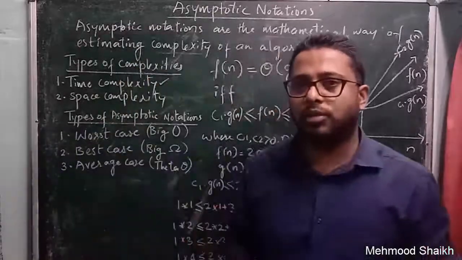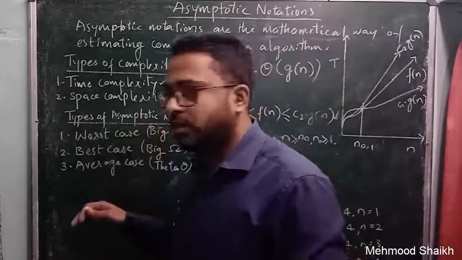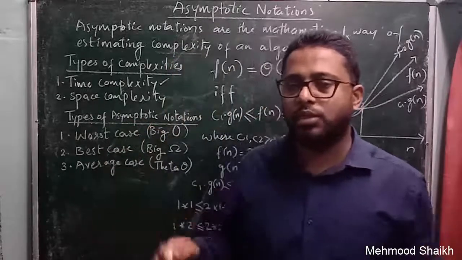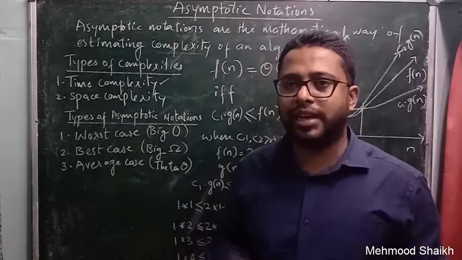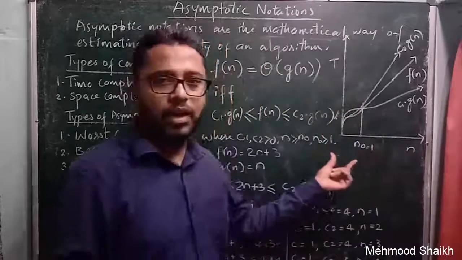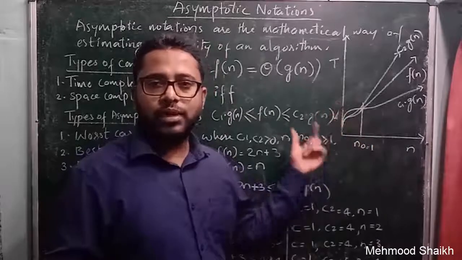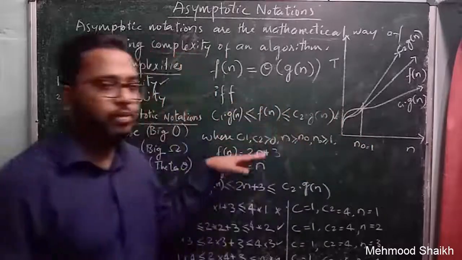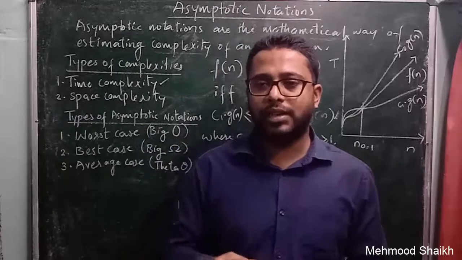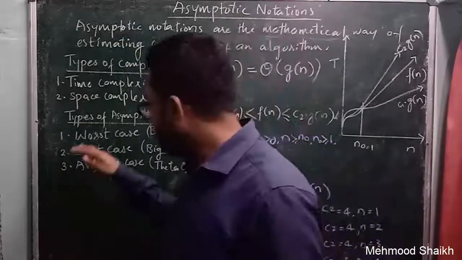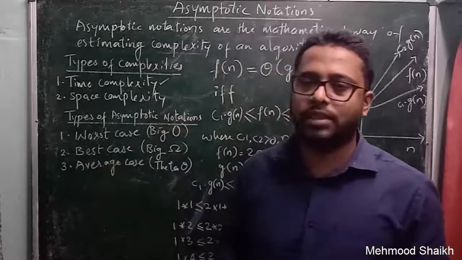Okay, so now I hope you guys have understood what the various types of asymptotic notations are and what the use of those notations is, and we have discussed worst case, best case and average case scenarios with the help of a graph, and we tried to prove this graph with the help of mathematical expressions. So now we will see an example, and with the help of that example we will further try to understand the worst case, best case and average case scenarios.